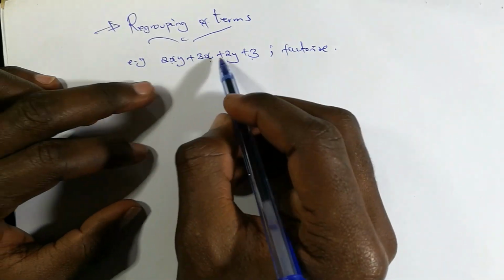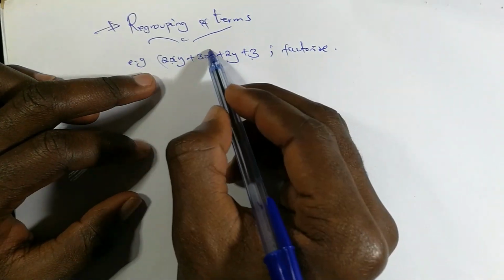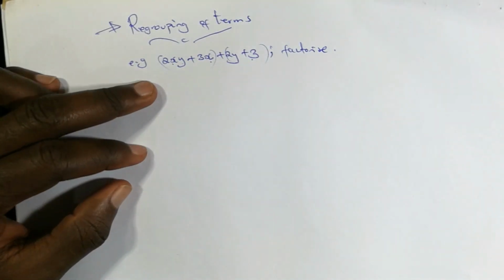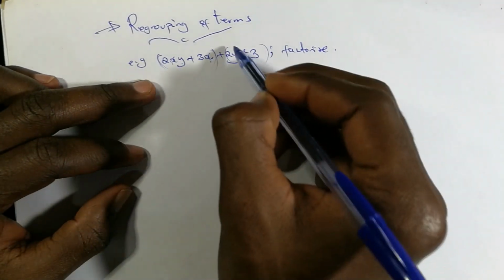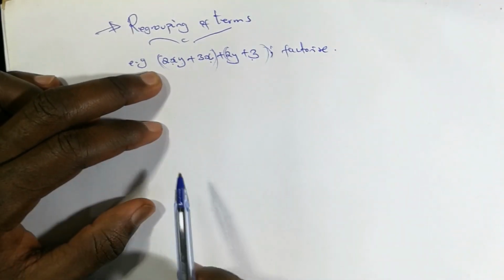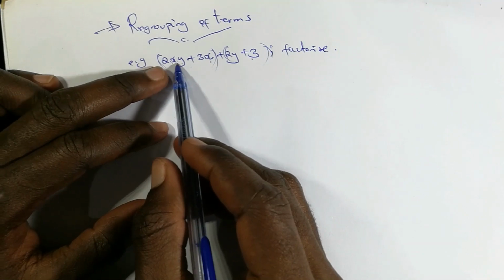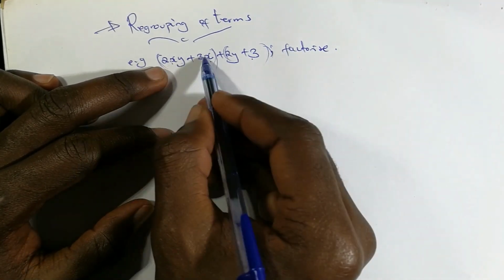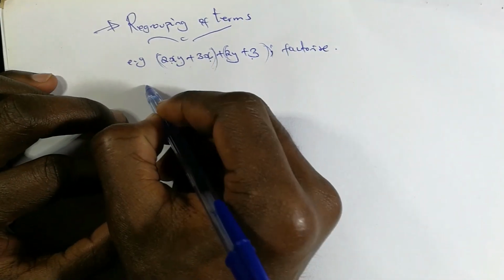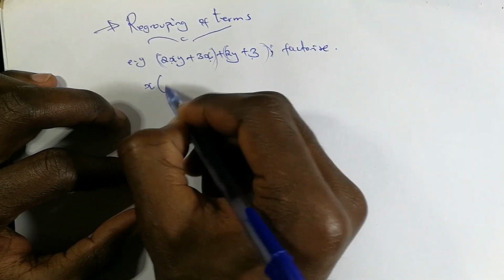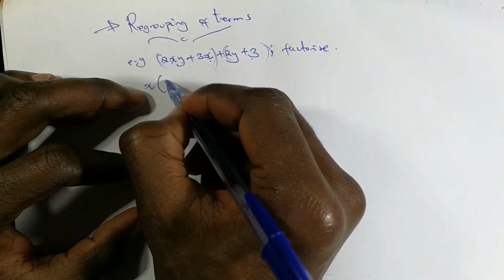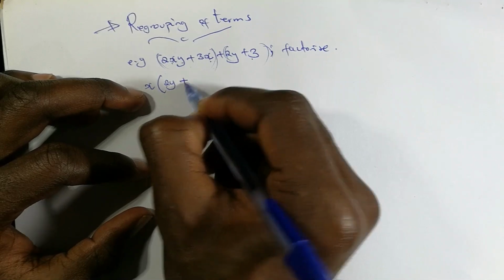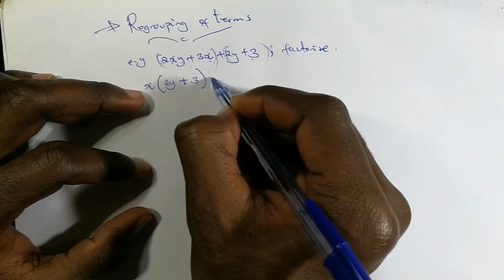If you see, we can just group this into, let me say, this and that. Let's consider those two, this part and that part. So here, if you see this first one, we have our common factor being x, and that means x is here and x is also here, so we can pull out x and remain with what will be inside. The x is removed from there, we remain with 2y plus, x removed from there, we remain with 3,